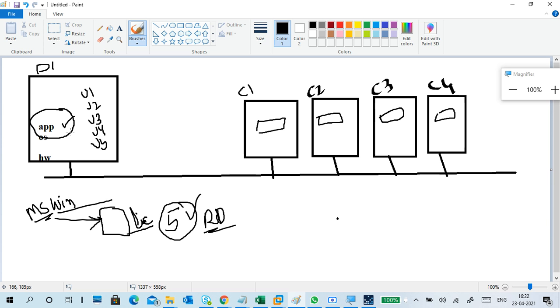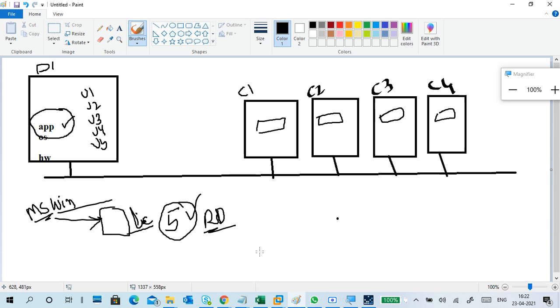Right? Got the question, right? Instead of accessing the entire desktop, whatever application the client requires, that application only I will give, and that application only the client will access. Why should we give all the applications, the entire desktop? Only one or two applications are required, so only those applications I will give them. I don't give other things. Okay.